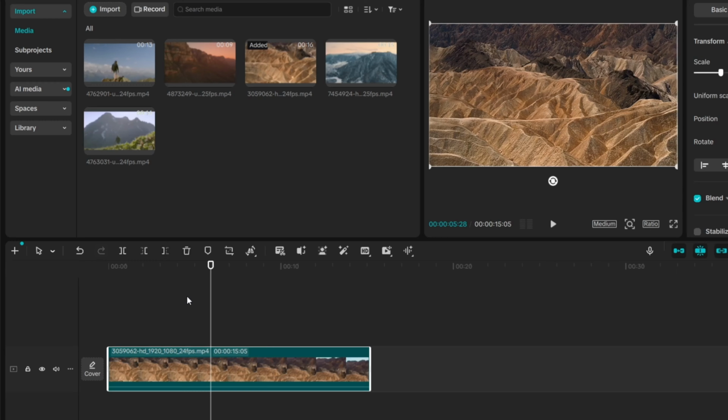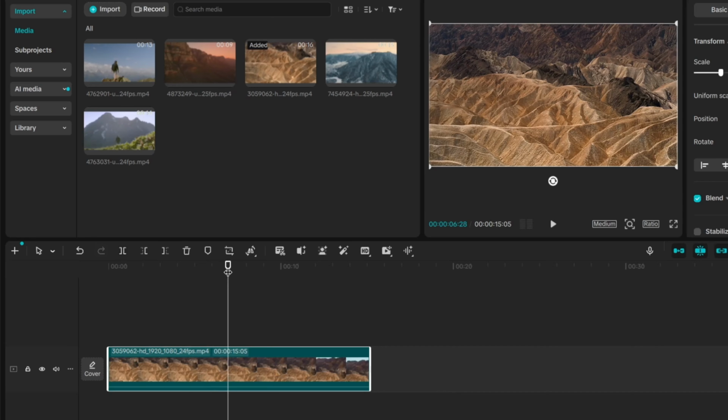Well, you've probably already used these delete left and delete right tools, but the problem is they delete the entirety of what's on one side of the playhead. But if we only want to delete one specific portion, we're going to have to use multiple split tools. So let's say starting here, I want to delete this portion